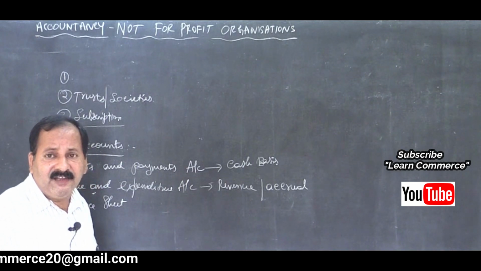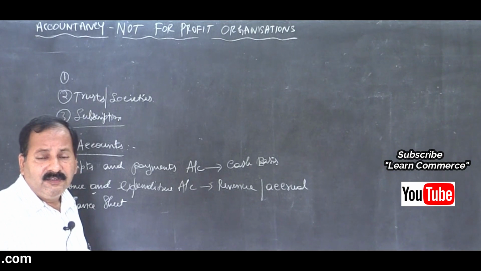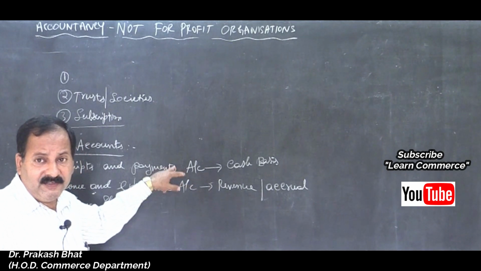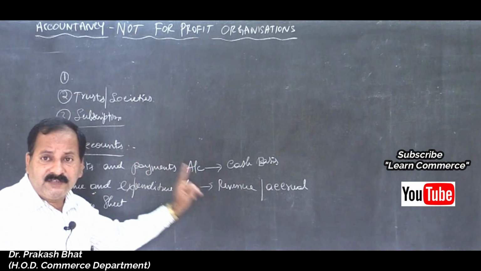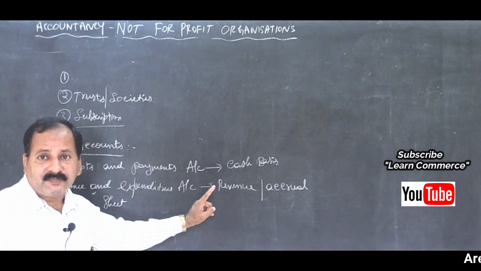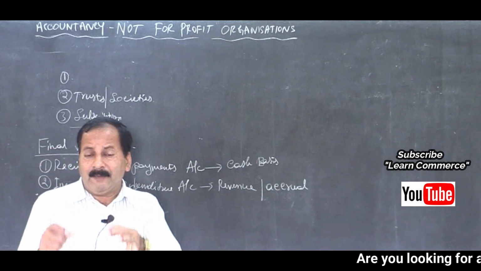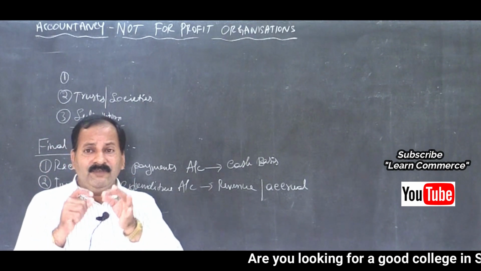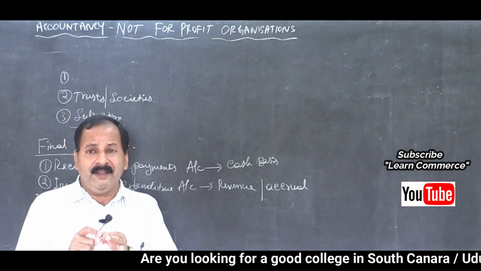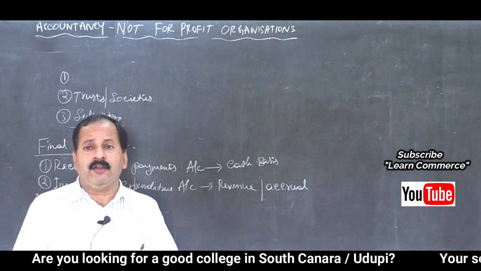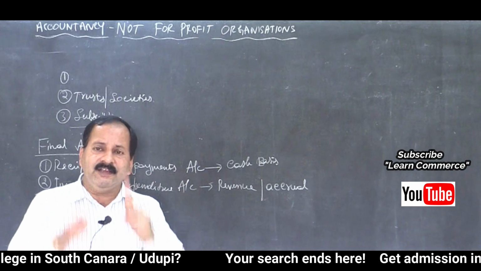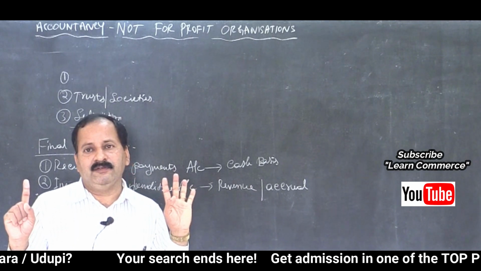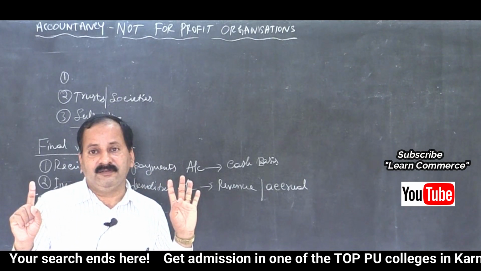Suppose the current year salary is outstanding. We will include it under salaries, in the inner column, the amount paid, and add the outstanding, which is not paid. Our criterion while preparing the income and expenditure account is that we are concerned only about whether it belongs to the current year or not. If it is not, deduct. If it is yes, then add. That is the rule. Remember. Clear.